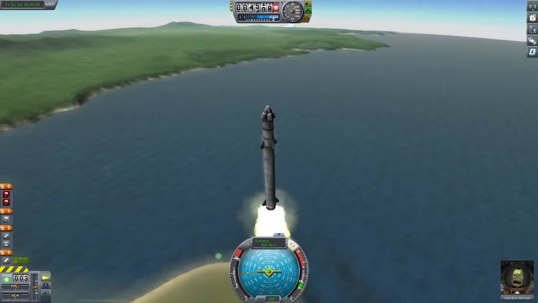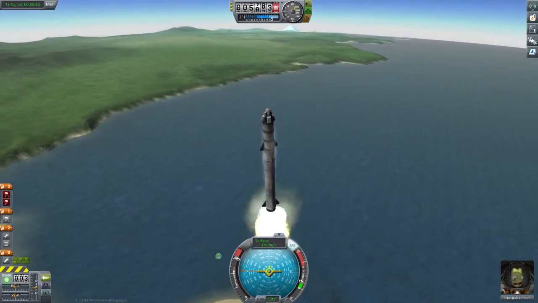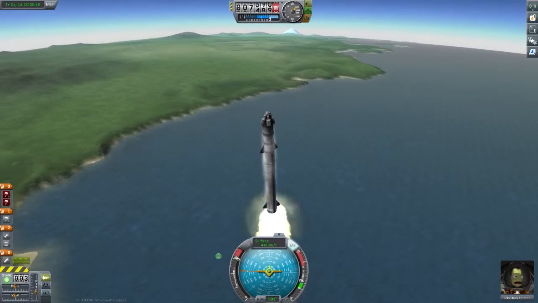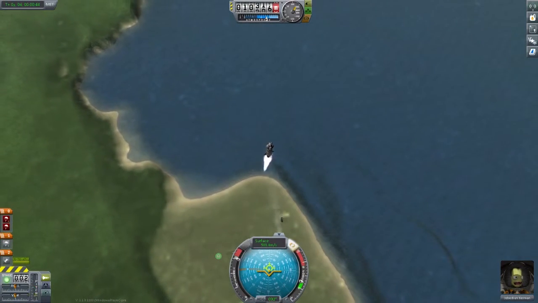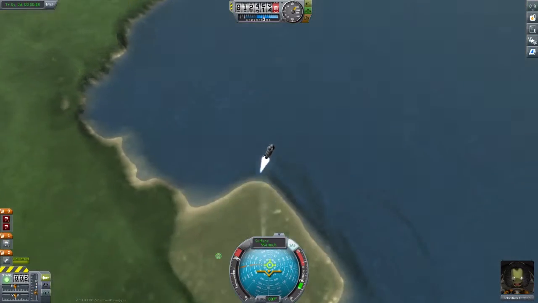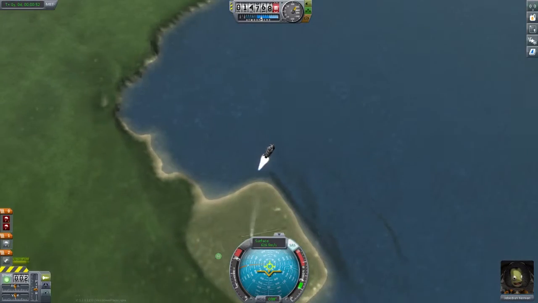So we're just going to rotate so that the 90 degrees is on the vertical. You have slightly more control on the vertical direction. There we go. Now we're going to go over to the side slightly, even though we're just going over the